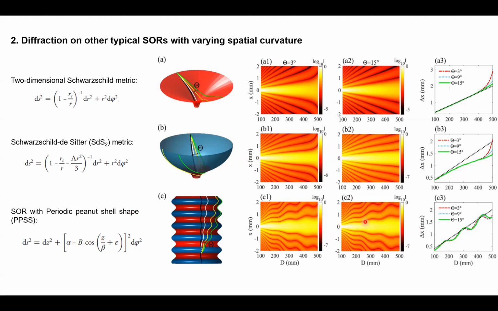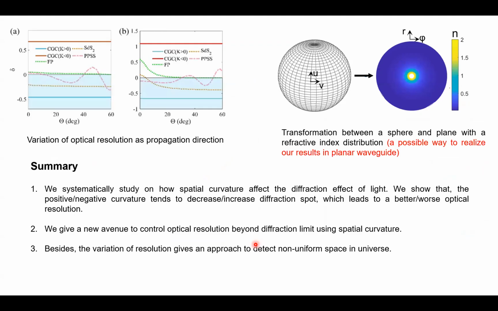These results provide a method to detect spatial temporal curvature using the diffraction effect of light. We may detect the existence of black holes and dark energy or other phenomena through the change of optical resolution. Okay, finally, we plotted the variation of the relative quantity when the angle changes continuously. It is similar to the previous results. In addition,